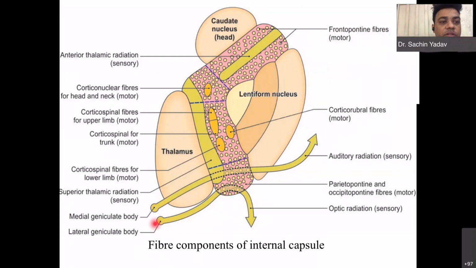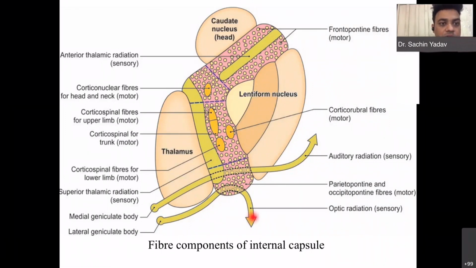This medial geniculate body sends fibers through the retrolentiform part of the internal capsule as the auditory radiation to the sensory area on the transverse temporal gyrus of Heschl, meaning the upper temporal lobe has the transverse temporal gyrus, where areas 41-42 lie. So it gets auditory sensory fibers from the medial geniculate body, and the lateral geniculate body of the metathalamus sends its fibers through the retrolentiform part via the optic radiation to area 17 of the occipital lobe.